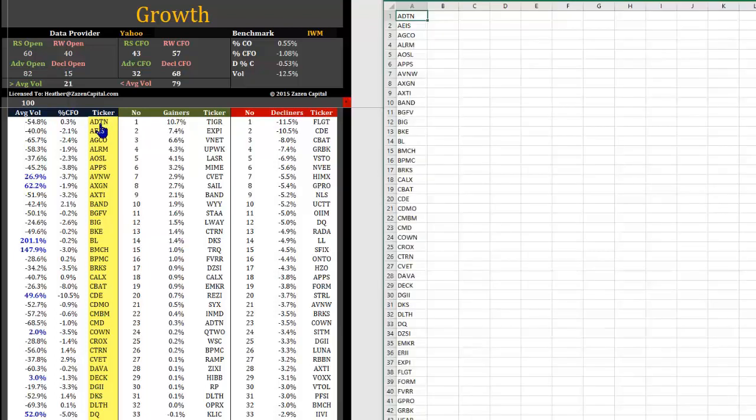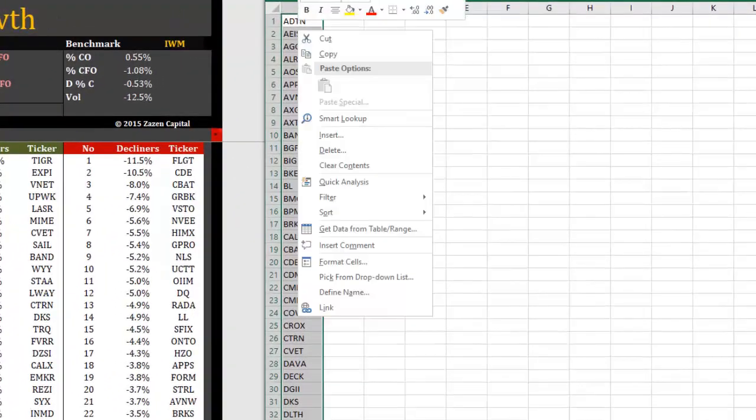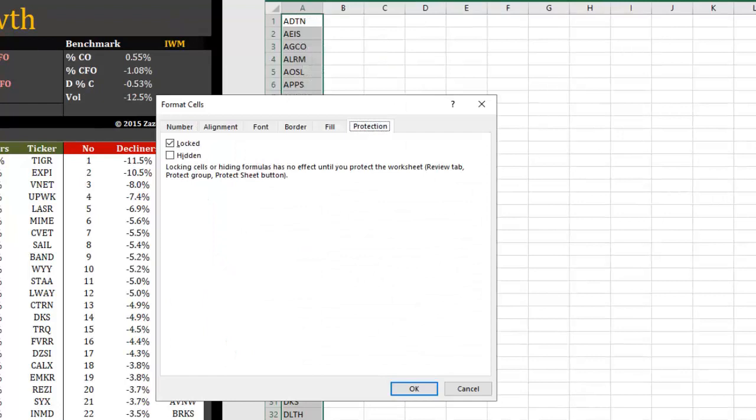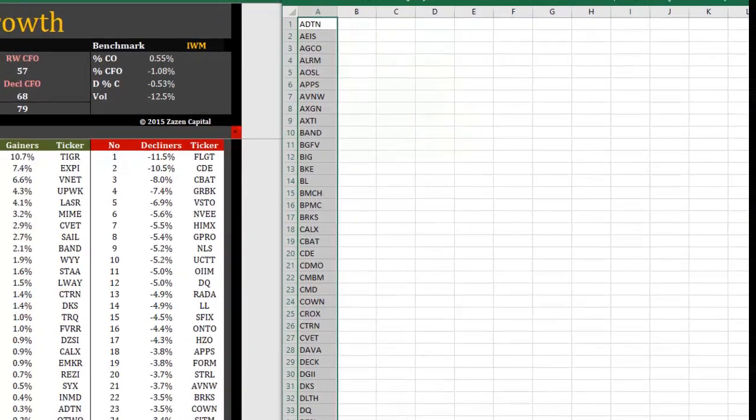workbook. There are a couple of important considerations when copying and pasting data onto a list in the dashboard. The first thing is highlight the cells you want to copy. Right-click and select Format Cells. Go to the Protection tab. You can see that these are locked. You need to make sure that they're unlocked before you copy and paste them into the Market Owl